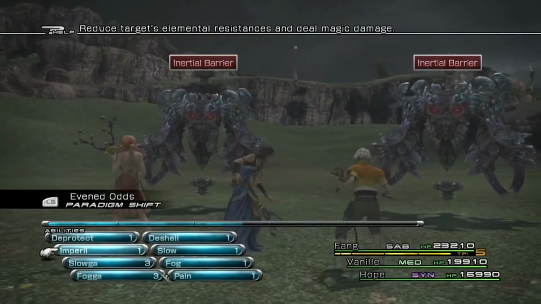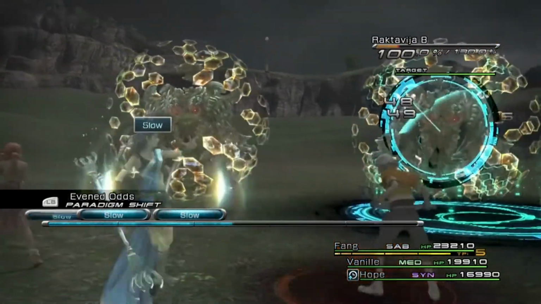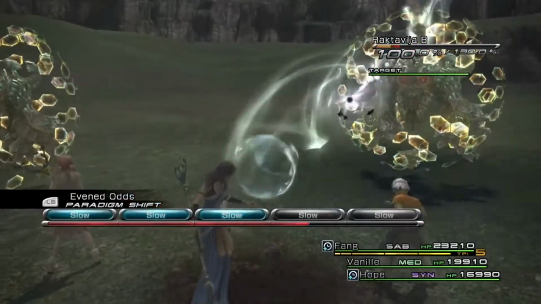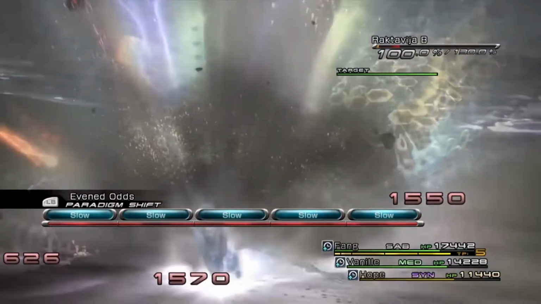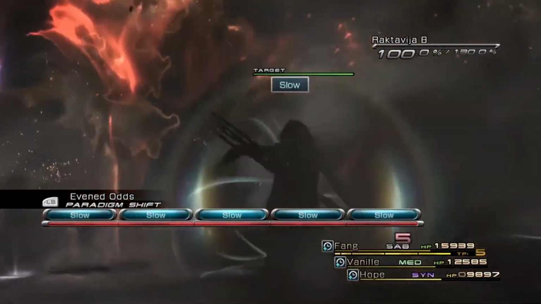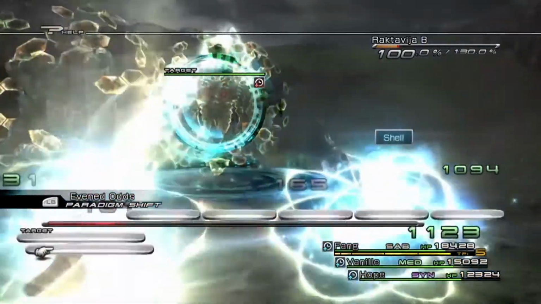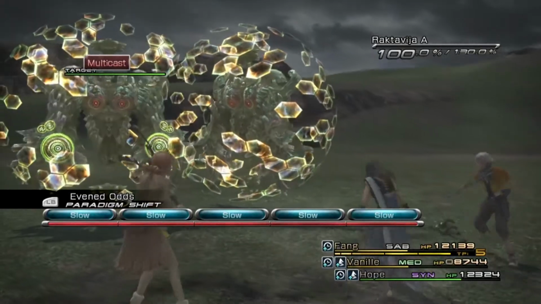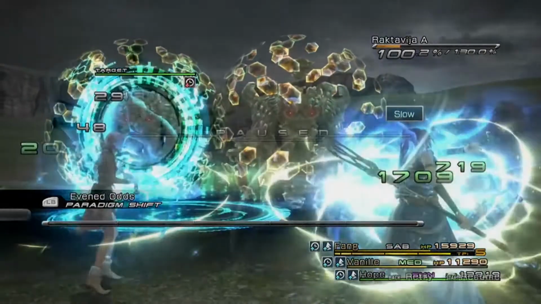Alright, so what you want to do is spam Slow until both marks have it. You want to keep doing that, and you also want Haste to be put on all 3 characters. However, it's probably going to take you longer to put Slow on than it is to get Haste on everybody. So let's put it on this other Raktavija. Come on. Oh, they're slow. Alright, and then once that's done,